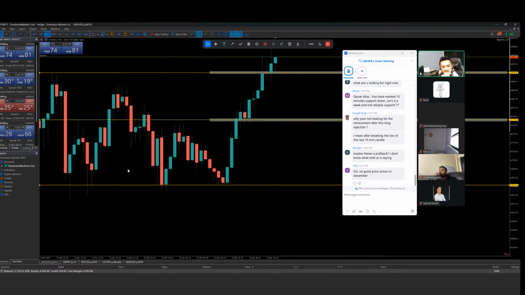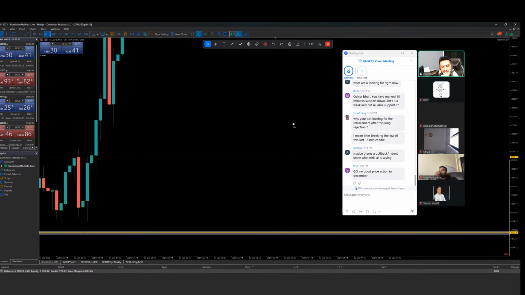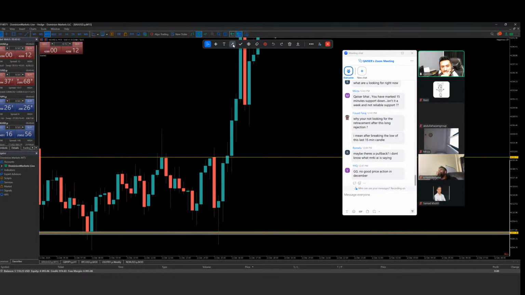So where was the sell? I need to remove this thing. Yeah, this one was my sell area. This candle showed very strong bearish momentum. It's the opening of the NY session. The market had been consolidating the whole day. This candle does not have an upper wick. It rejected with a strong body, and the candle broke the low. I executed one sell here and a second sell here. Depending on the volume, it could continuously push into a downside.